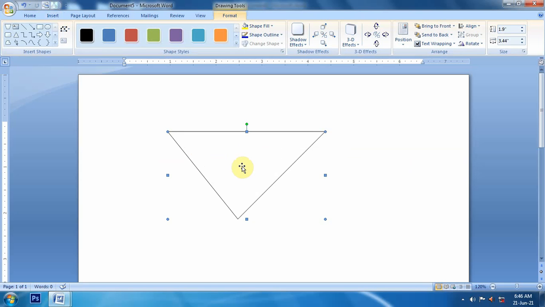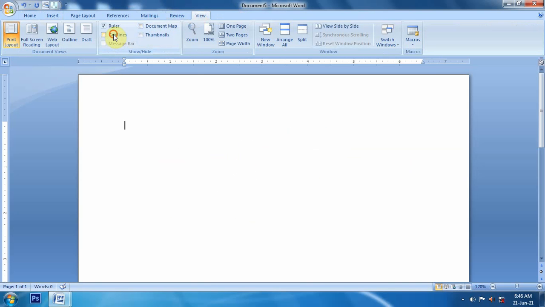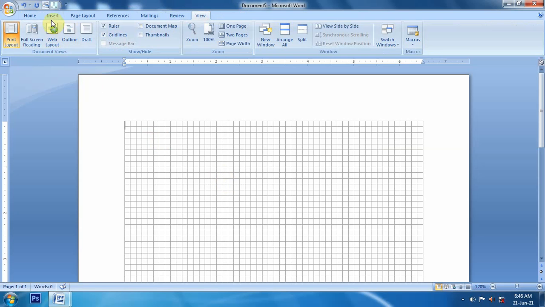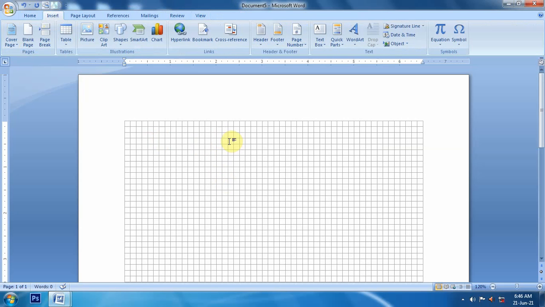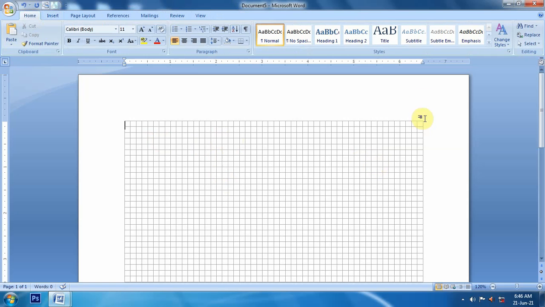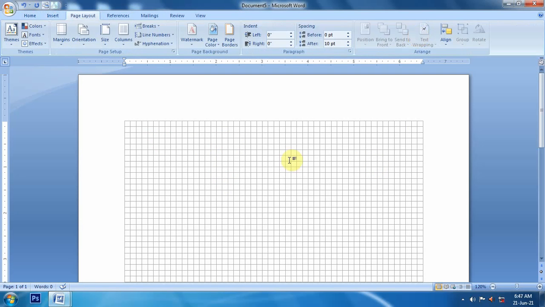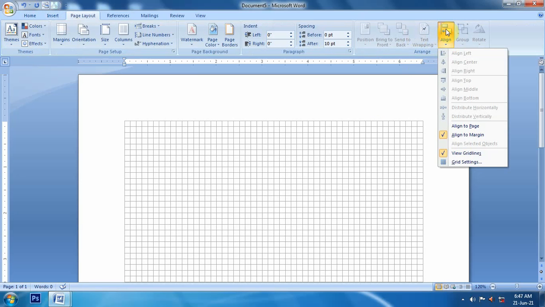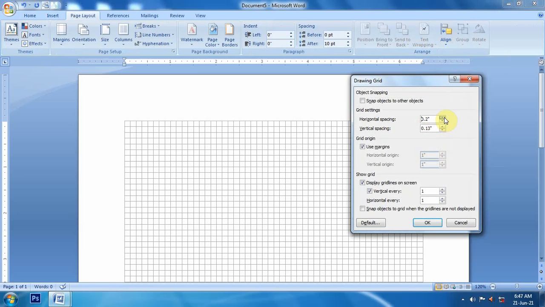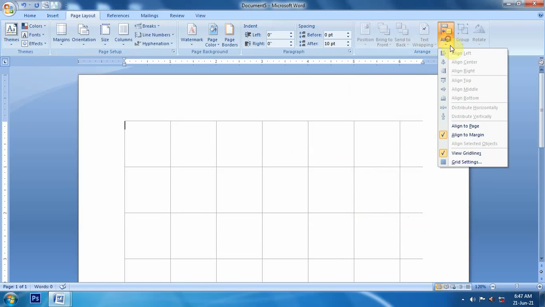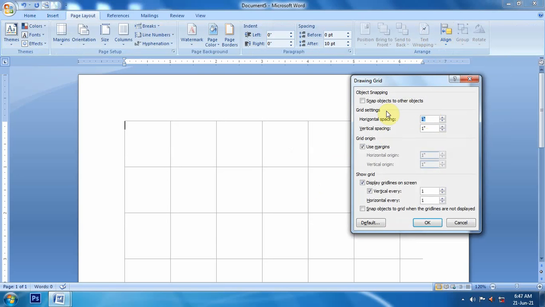So like this we can make a shape, but this shape is not symmetrical. So to give it proper symmetry, we will go to View and open grid lines. These are the grid lines. Now we can make a shape, and if we want to increase the size of these grid lines, we can do it from here. We will go to Align in the Page Layout menu, Align and Grid Settings. We can increase their size like this, but if it is bigger, we can make it smaller also, like a half-inch cell. I want a cell of size half-inch.